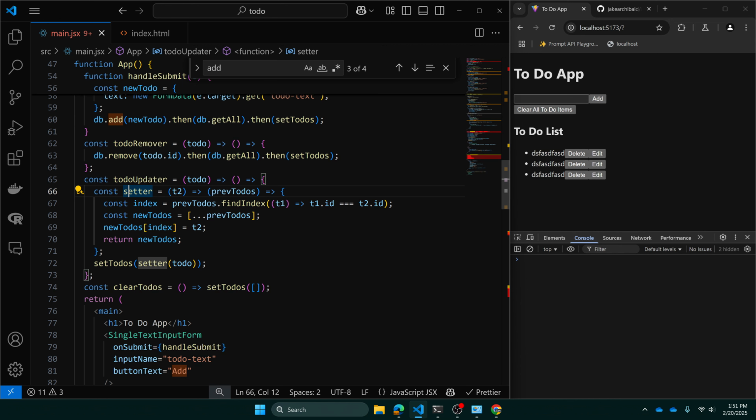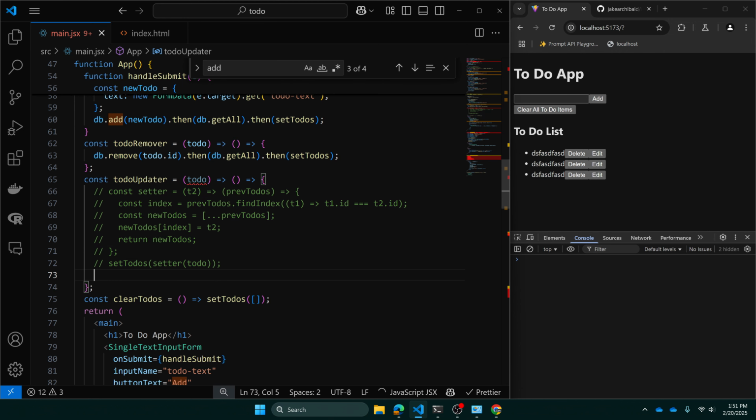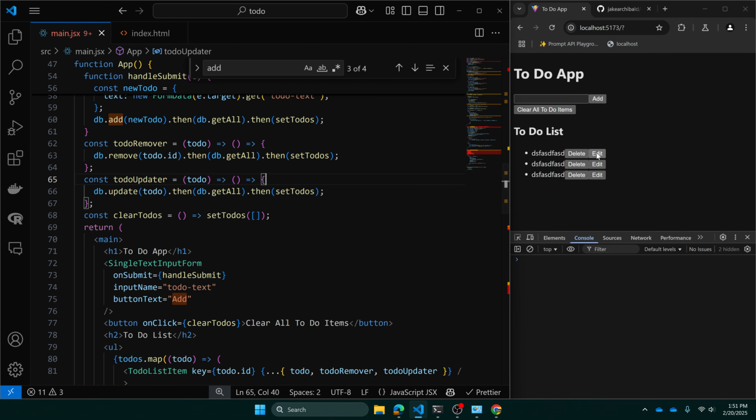And next we need our to-do updater to do this. So rather than calling our setter and such, we should do a db.update(todo) .then getAll .then setTodos. So if we delete those and edit and change this, it goes to the state, but does it get persisted? Yes. And then if we clear all, we reload, we see that everything comes back because clear all is just setting the to-dos,